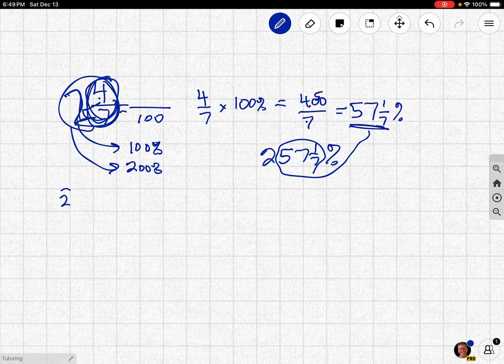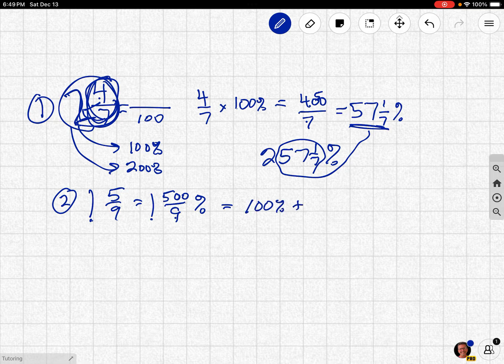So number 2, this is number 1 up here, except I changed it quite a bit. Number 2 is 1 and 5/9. So 1 and 5/9, again, I'm going to make this 100%. So really, I'm going to just do 5/9. So that's 500 over 9%. So this is 1 and 500 over 9%. I'm not going to deal with that 1 right now. I'm just going to call that 100%